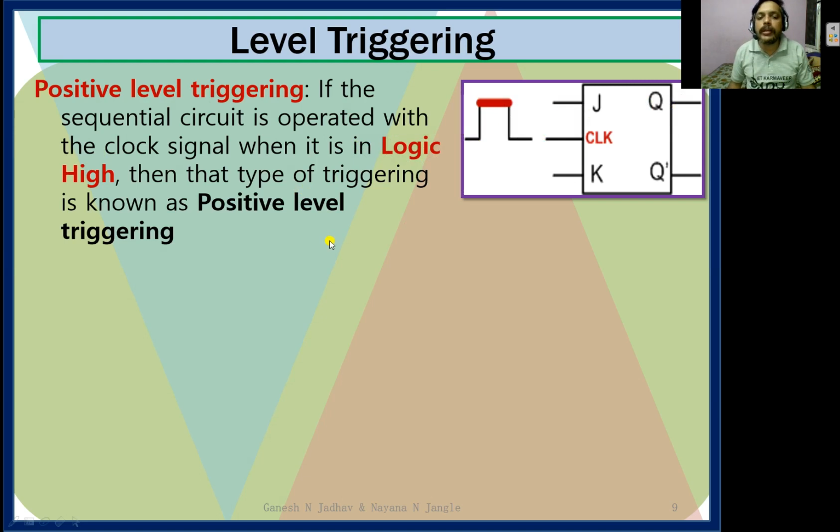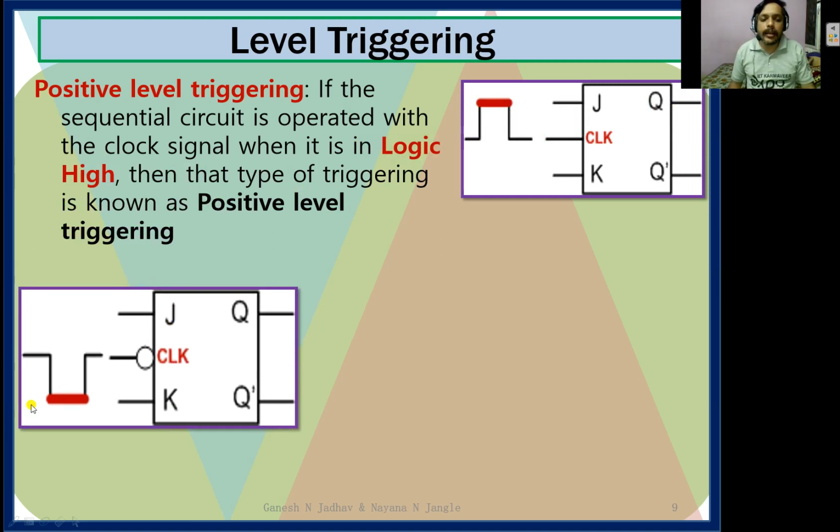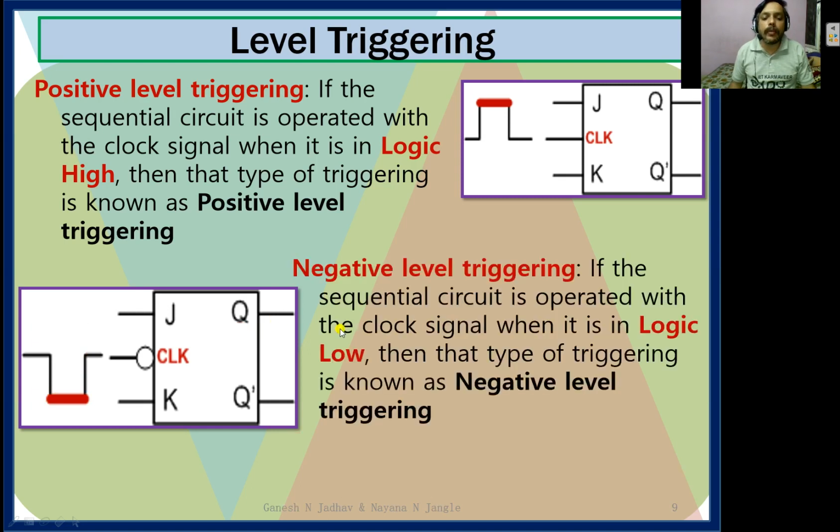So it is positive level triggering. So what is the negative level triggering? In the negative level triggering, we are applying the pulse with the 0 volt. Suppose the 0 volt is applied and the output of the flip-flop changes, then it is called negative level triggering. If the sequential circuit is operated with the clock signal when the logic is low, okay, when